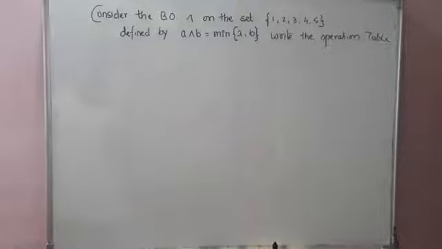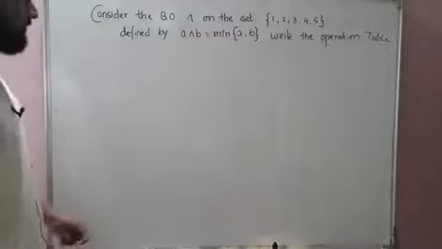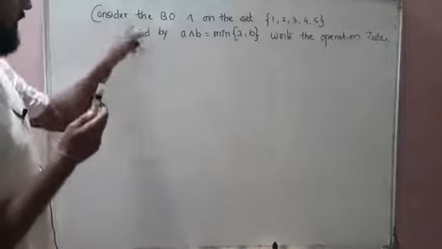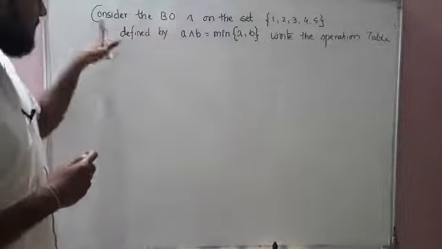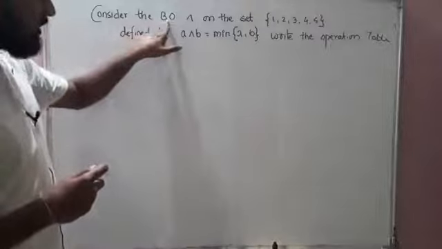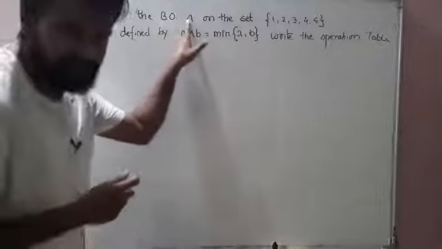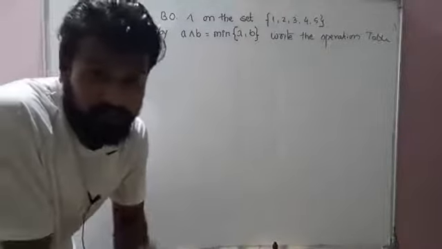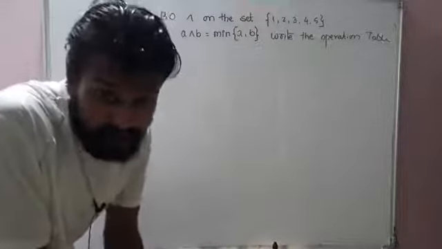Well, dear students, this question I saw many times for 2 marks in the exam. So what it says is, consider the binary, BO stands for binary operation, okay? Consider the binary operation. Now this is not star this time. They can use any notation for their convenience, okay? It is not like there is a rule that we must always use star, we can use anything.